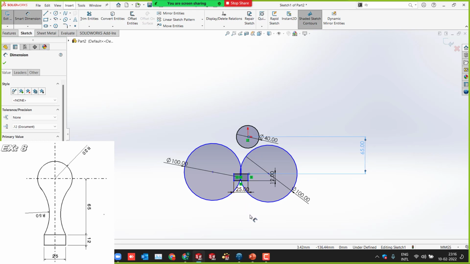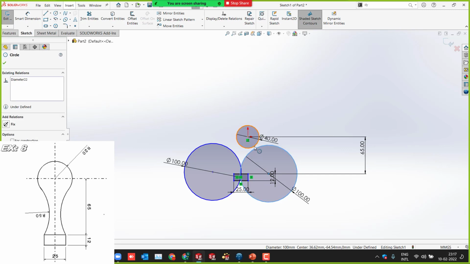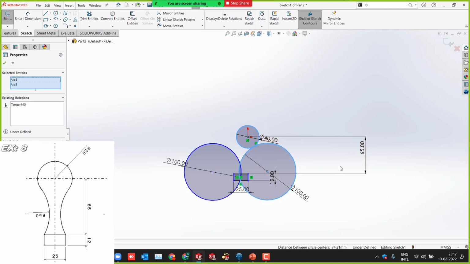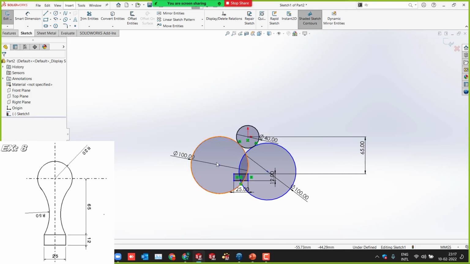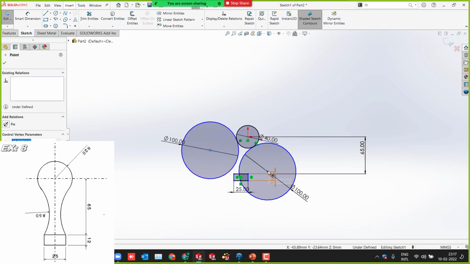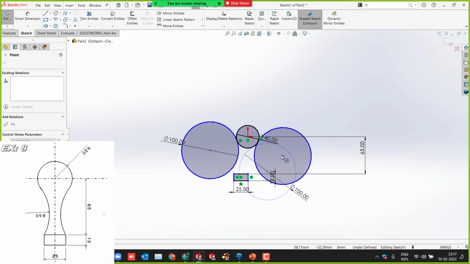Now, what to do? Any idea? Just define these two as tangent, okay? And these two should be tangent to each other. These two circles are tangent. You just drag them out somewhat like this.